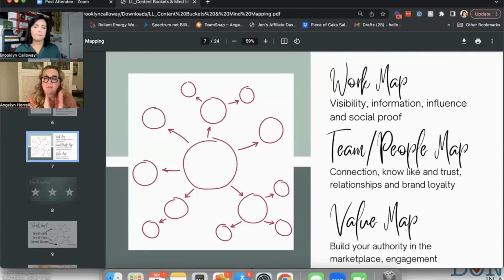Okay. The value map. This is again, all the things that you're the expert in, but other people probably aren't. So there's so much value in sharing with your audience your expertise, giving them things that they can do. Because you think that, oh, if I tell them how to do it, they'll want to do it themselves and not buy from me.